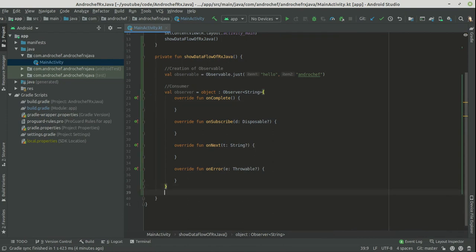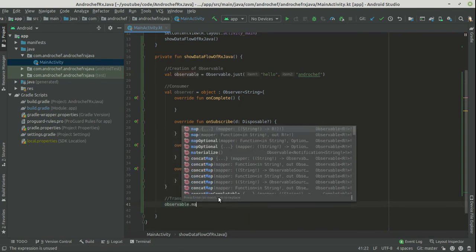Now let's transform the data. In the transformation, we are going to convert those string values into uppercase. As you can see, these are in lowercase. So we will use the map operator to convert those values into uppercase. So let's do this. We use observable dot, and now we use the map operator.